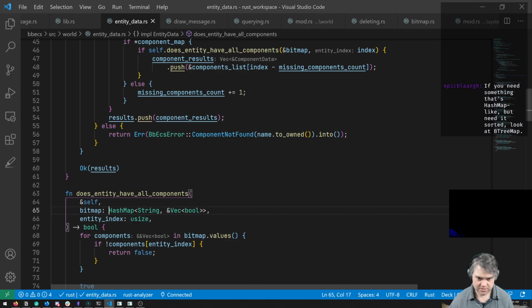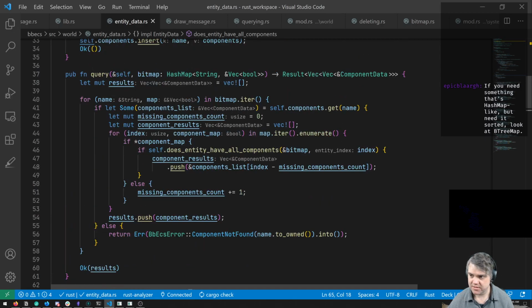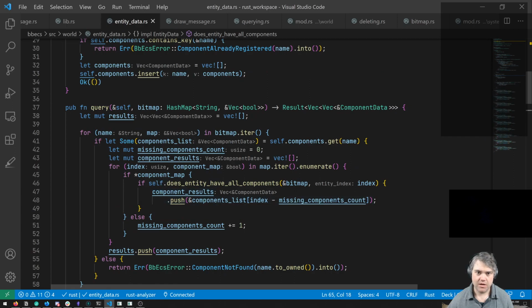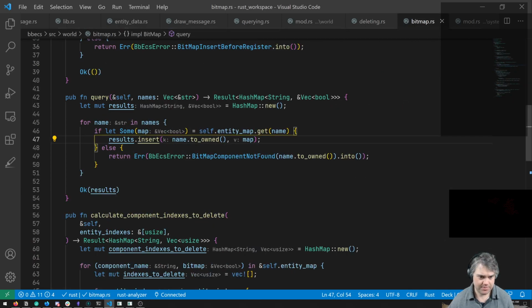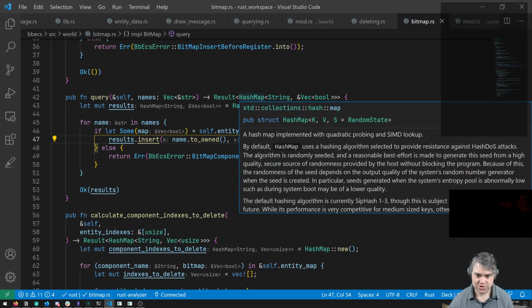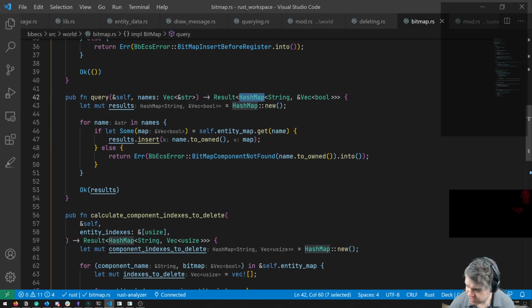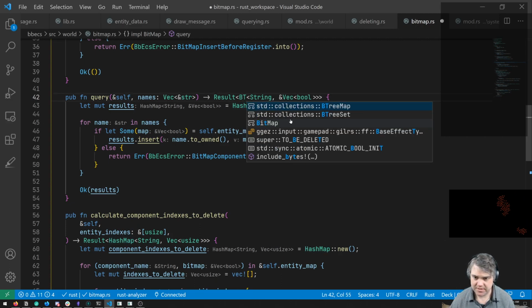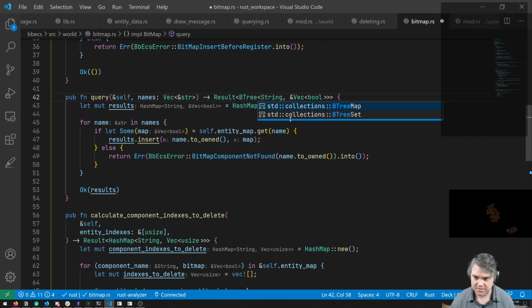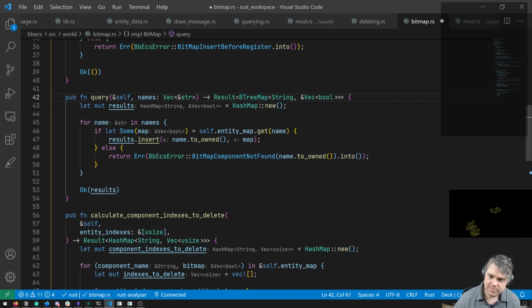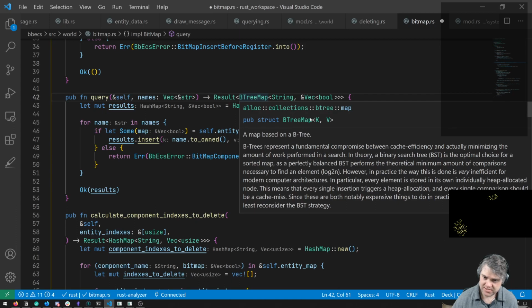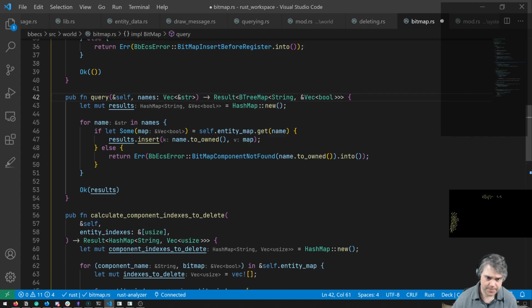Where did I just go? Yes, you're okay. You're a reference. That is in the bitmap here. When I do the query, we're returning a HashMap. But what if I return a BTreeMap, with the same things, key and value?